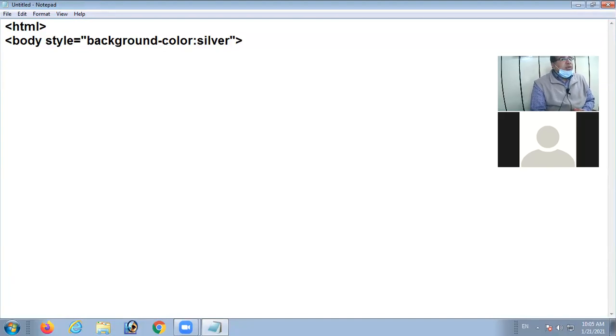Now, one thing I want to tell you here: in your CSS coding, if the examiner is not asking any particular method, then you can use any method, inline, internal or external, whichever you feel easy.